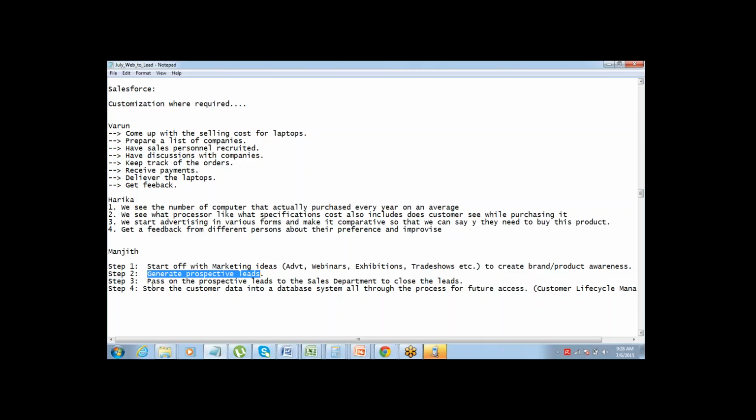Start off with marketing ideas, advertisement, webinars, exhibition, trade shows. Okay, to create brand product awareness, generate prospective leads, pass on the prospective leads to the sales department to close the leads, store the customer data into a database system all through the process of lead access. Okay, fine. That's more like a marketing guide. So too many marketing terminologies here. But that's good. So overall, we are talking about the same